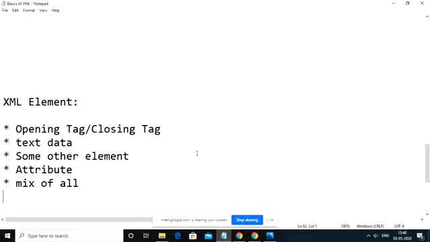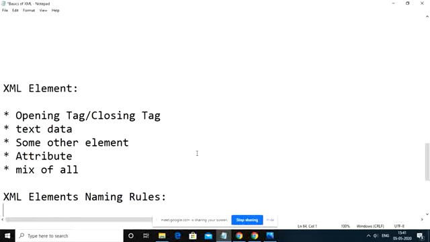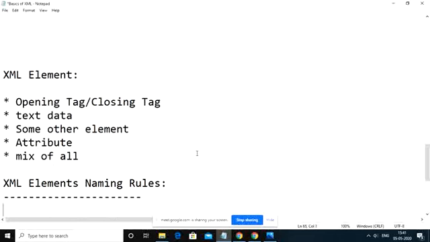Okay, so some of the rules that you need to follow whenever we are providing names for your XML elements. The rules that you want to follow while assigning names to XML elements are the naming rules. An XML element name should always begin with either